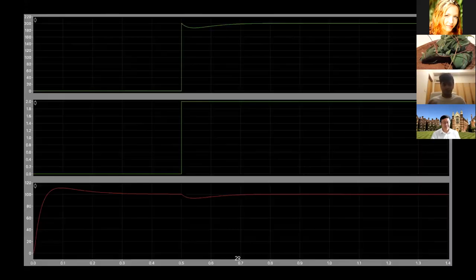So these are just some waveforms from the output. Going bottom to top, the bottom one is the output speed of the motor. This was set at a demand of 100 radians per second. The middle one is just simulating a load torque applied after some operation. And the top is the product of the two, which gives the output power. So this is just showing that we have a working speed control loop, and it does respond reasonably to a load